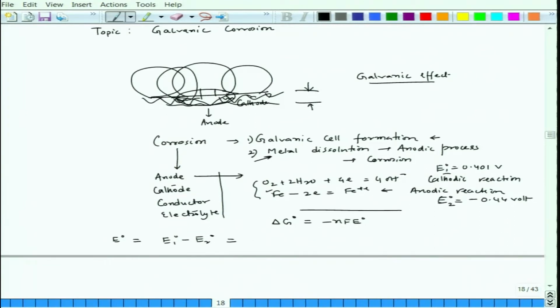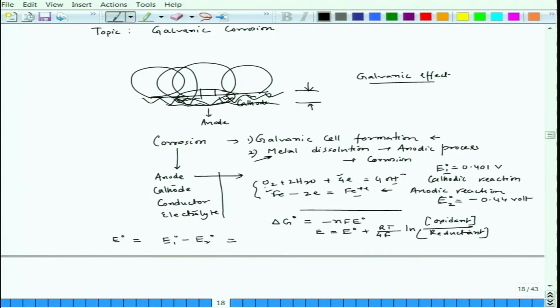Which is impossible, but let us assume that this is the value we have. In actual cases these values would be different, remember, because the iron ion concentration may not be 1 and the other concentration may not be 1 either. In that case these values would be different, and that will be calculated on the basis of the Nernst equation. What is the Nernst equation? For reaction 1, the Nernst equation would be E equal to E naught plus RT over 4F ln, and we know, oxidant concentration divided by reductant concentration.